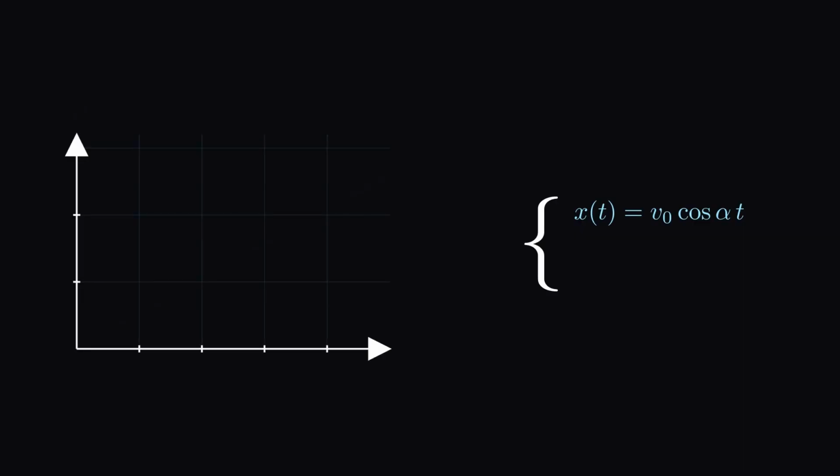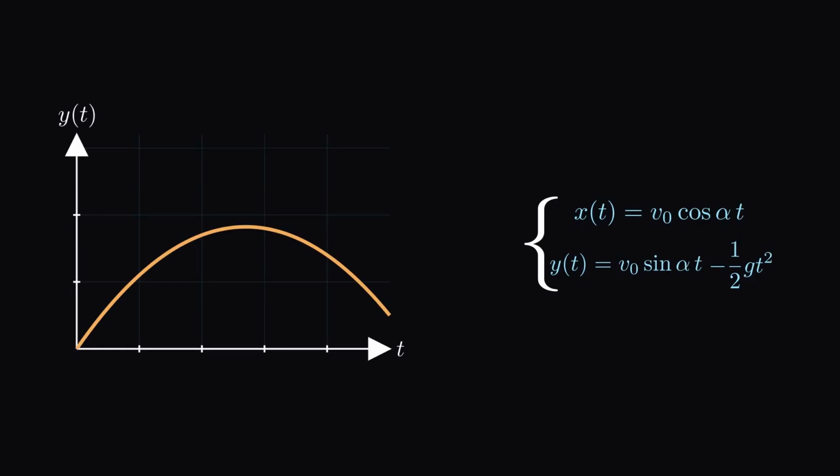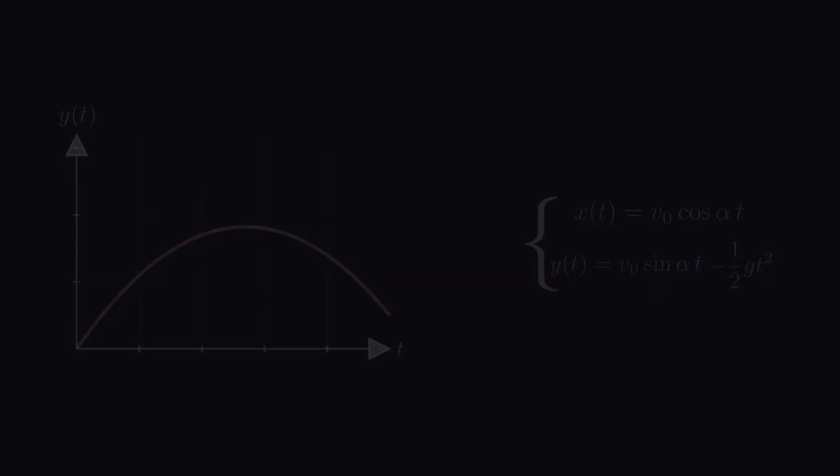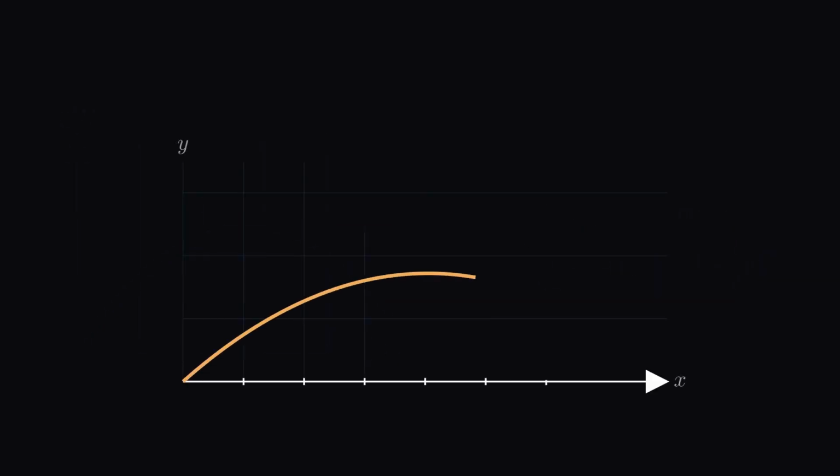On the other hand, in the vertical direction, we have y of t equals v0 sine alpha times t minus 1/2 g t squared. Here, a second-order term appears. That term represents the effect of gravity caused by Earth's gravitational field. So vertically, the motion is accelerated downward, and when we combine the horizontal motion with the vertical motion, the full